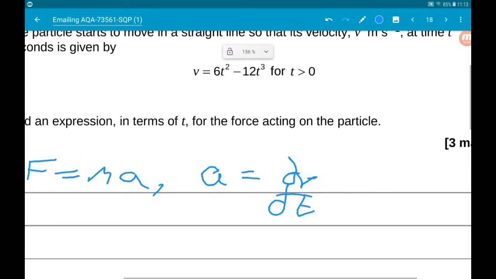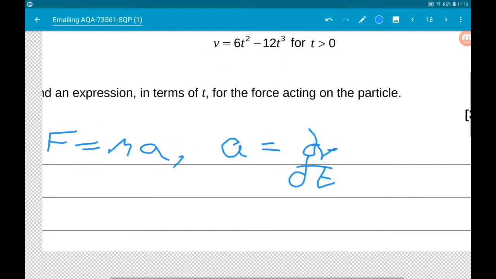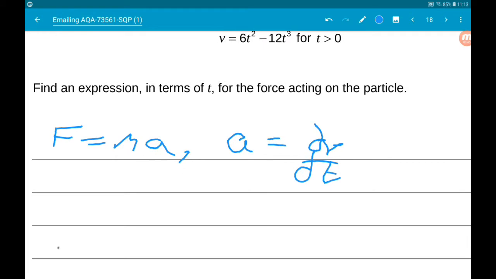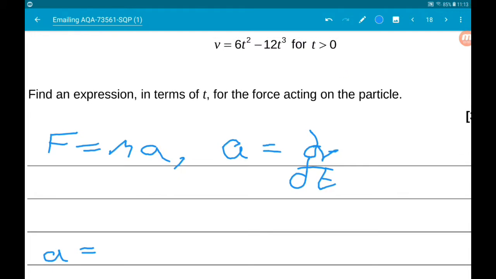So acceleration then is going to be, 6t squared differentiates to 12t. 12t cubed differentiates to 36t squared. So we got minus